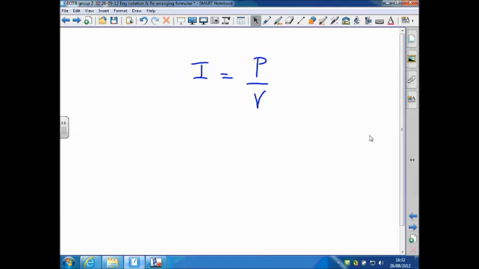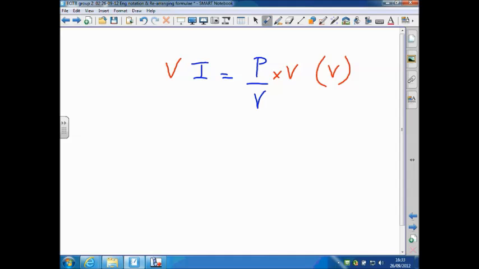Right, here's another example. I equals P over V, and I want to make V the subject of the formula. This is quite an awkward one, because the thing I want to try and find is underneath. What I would do in this situation is initially multiply both sides by V to get V on the top on the other side. You had that idea. Good. So if I multiply both sides by V,